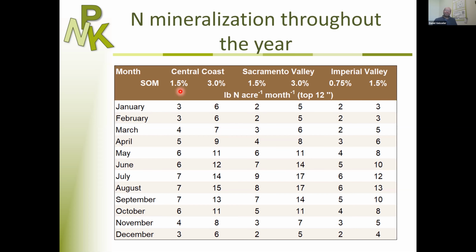So these are rough estimates, but you can also see the numbers per month are relatively small. So if you're off by 10, 20%, it's not that much of a mistake. But at the moment, these are our best estimates, and we hope to get some better data in the future. So that's my presentation, a brief introduction to nitrogen in the soil and soil organic matter. So we have some time for questions.